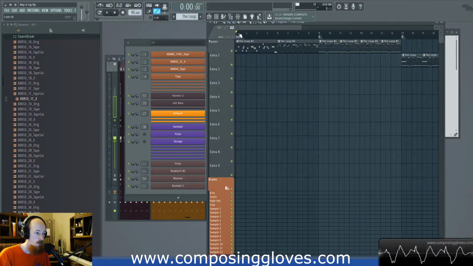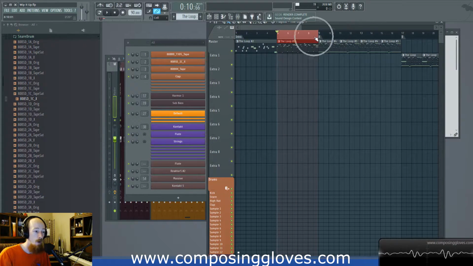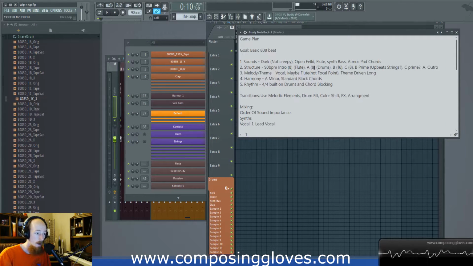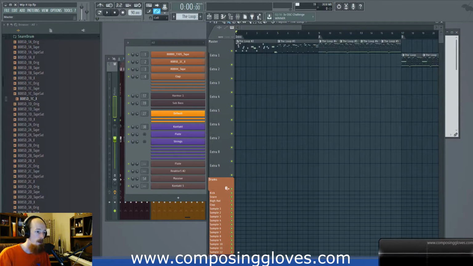So I decided to let the sample contact flute do its thing for a little bit, add in the second flute on the second phrase to form a musical sentence, and that would give me the get-go into the drum beat. On part A, I knew I wanted drums to come in. I already had that. So I was like, cool, I'm going to move into the drums from here.